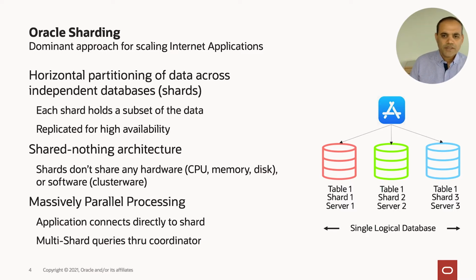And let's assume this application had one table called table 1. Of course, we can have many tables and schemas, and that is all supported with sharding, but just for the sake of discussion, let's say we had one table. Now, if this table had, say, 300 rows, then what we do is we partition the data. We say put row 1 to 100 on shard number 1, which is on machine 1, 101 to 200 on shard 2, and 201 to 300 on shard 3. So this way, each shard holds a subset of data.